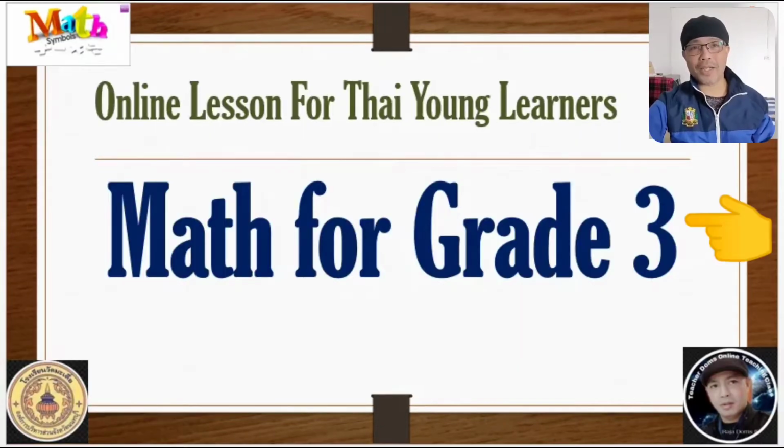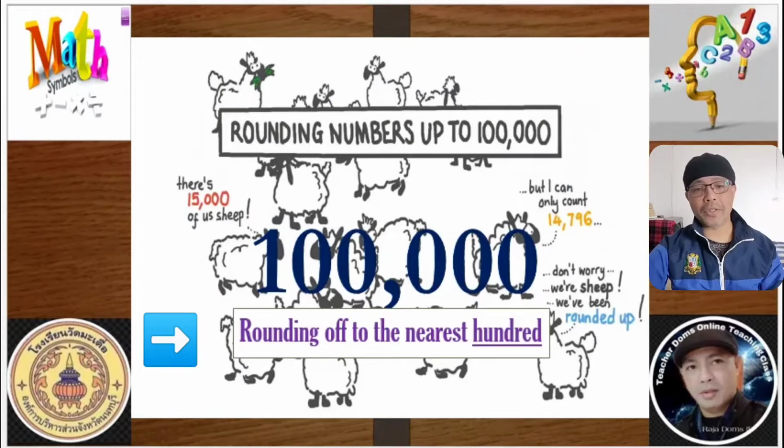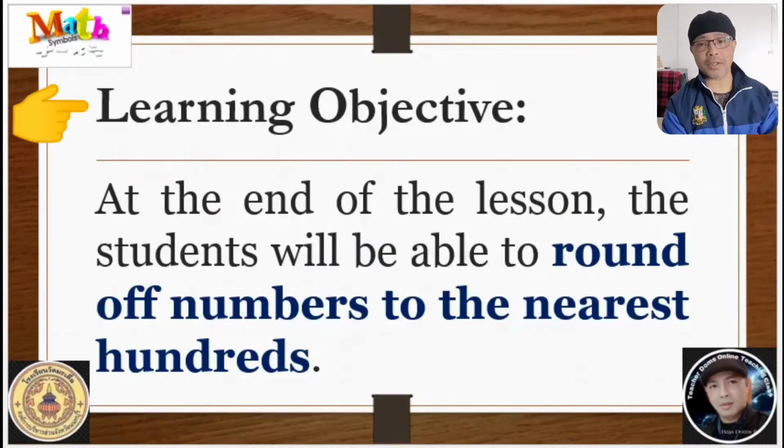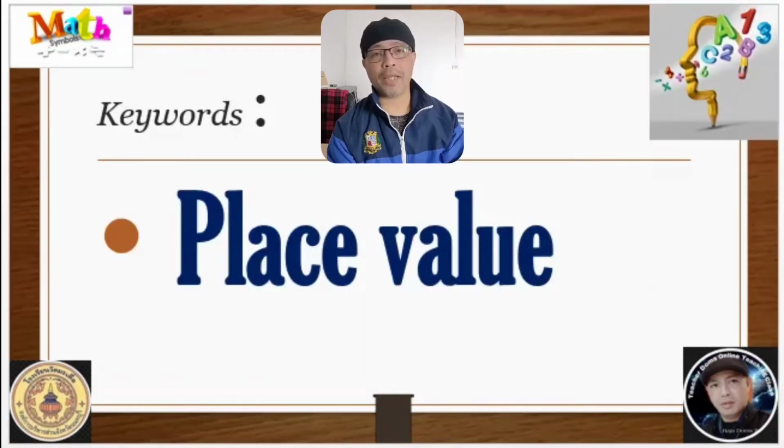Our subject for today is Math for Grade 3. Our topic is rounding numbers up to 100,000, and we round off today up to the nearest 100. The learning objective is, at the end of the lesson, the students will be able to round off numbers to the nearest hundreds. Keywords are place value,